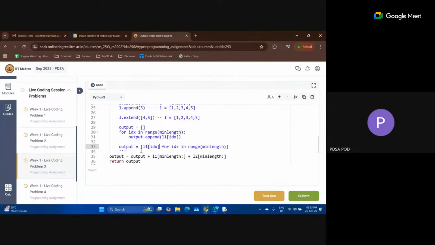List comprehension works for the append operation only. If you have the extend operation, then you will have to put in two for loops over here, like for this particular example.